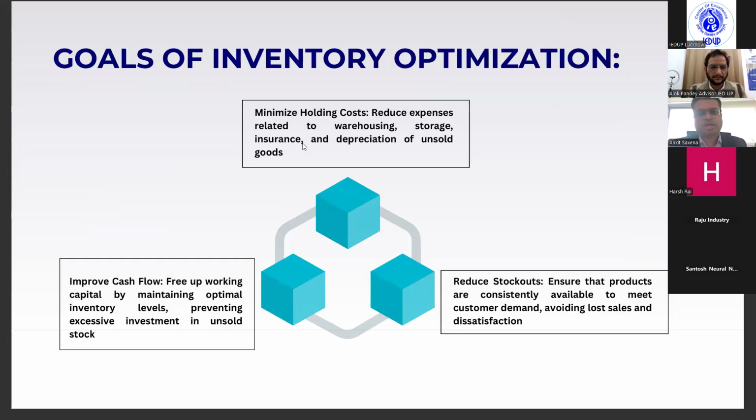So like I mentioned, the goal for using inventory optimization can be categorized in three parts. One is that you want to increase your cash flow, so you don't want to invest in a lot of inventory. You don't want to stock yourself and keep your capital engaged in the inventory itself, so that you can timely make payments to your vendors, and also keep liquidity within the company for the expenses which may be incurred